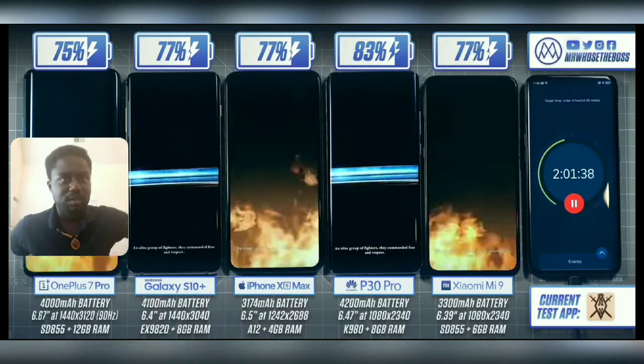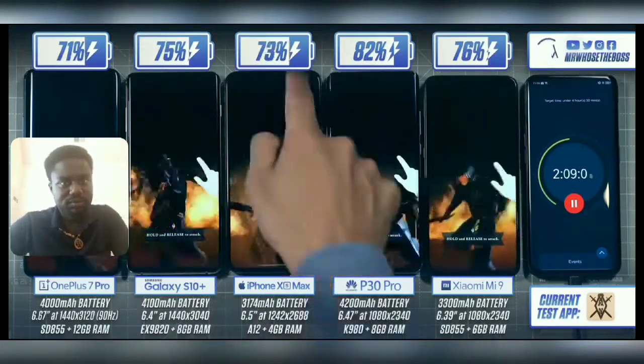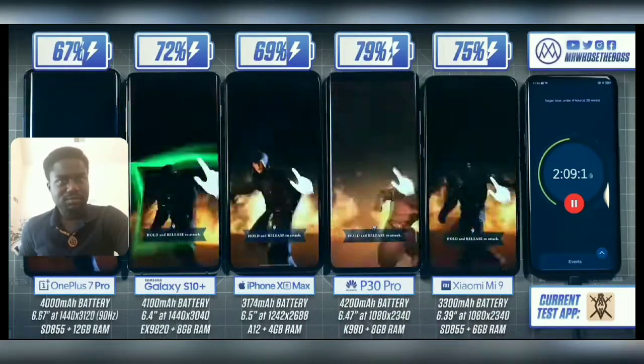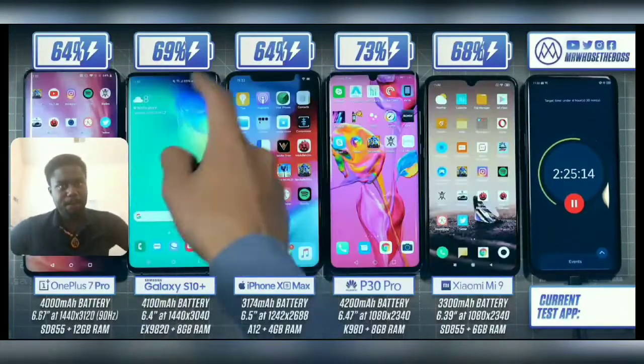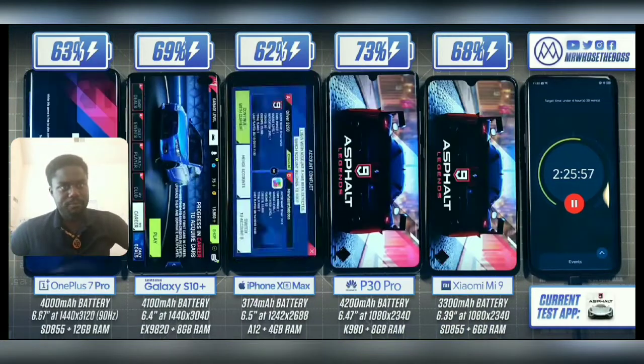The iPhone is actually holding up pretty well too. That's partly because of how well optimized the software is, and partly because iOS kind of lies to you. I've done enough of these battery tests to see a trend with these iPhones, in that in the first few percentage points they remain very strong. They almost stay on 100% for a very long period of time, and then as the percentage starts to fall,